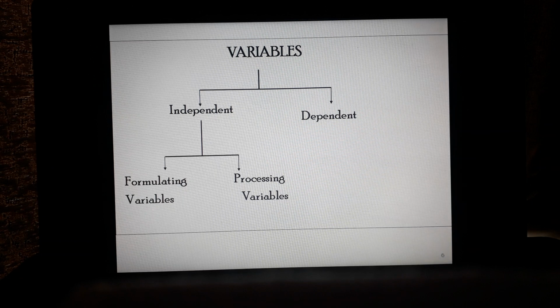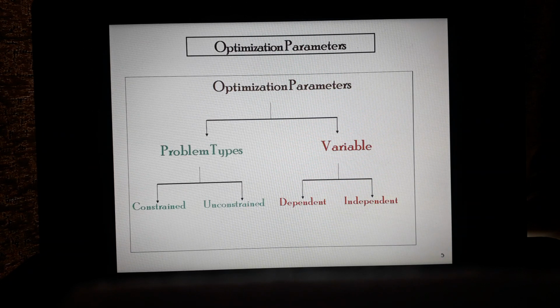In case of problem type, the constrained and unconstrained problems are defined in a very different manner. That is unconstrained optimization problems. There are no restrictions actually. For a given pharmaceutical system, one might wish to make the hardest tablet possible. The making of the hardest tablet is the unconstrained optimization problem.